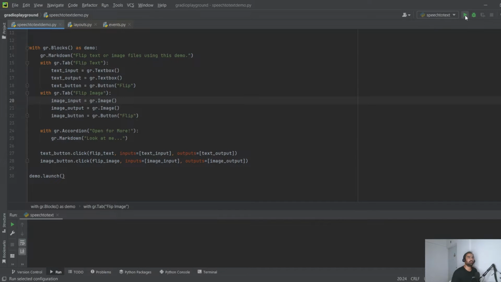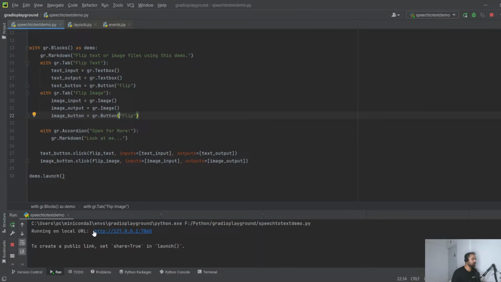So now I'm going to run this. So let's try to run the speech to text demo and see what happens. Okay, the server is now started and we have an application which is ready to run. This also says that if you put share equal to true, this application would be globally available. You can share it with your friends as well, but we don't want to do that now. I think it's best to run it locally. So if I just click on this,